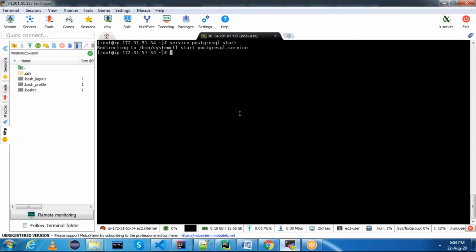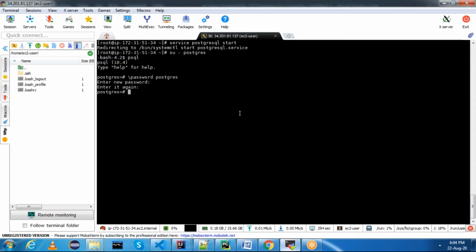Okay, let me switch to the Postgres user, su - postgres, and here just type psql. And now if you want to set a password, \password, and then the user you want to set the password for. Okay, this is how you need to set it. \password postgres. I'll set the password also as postgres. This is how you need to set it.